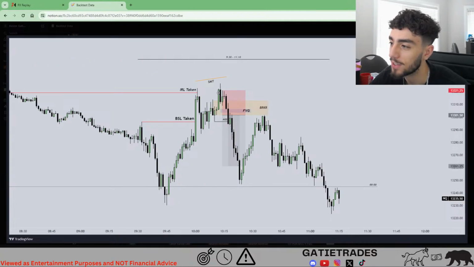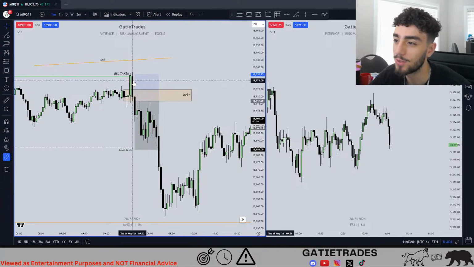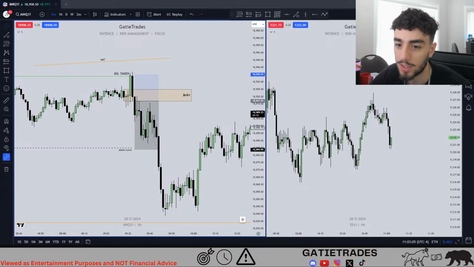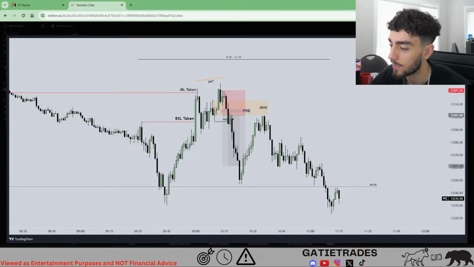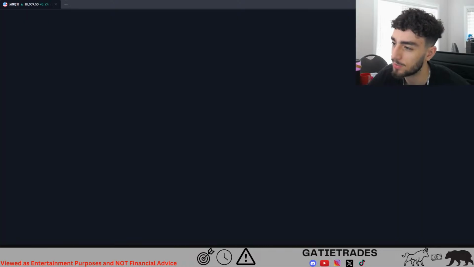Look at these two candles. The green candle and then the black candle. Green candle, black candle. It's literally the same. Look at the entry at 9:34. This one's at 10:16, so it's different. It literally tapped into the breaker and then went lower just like that from right there. It's the exact same trade.